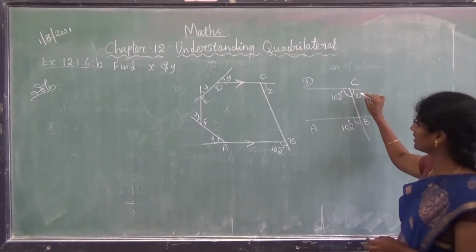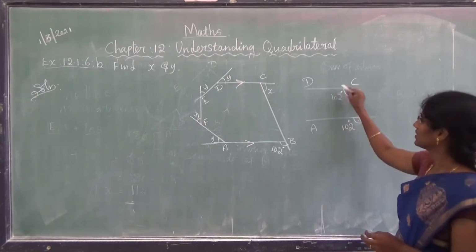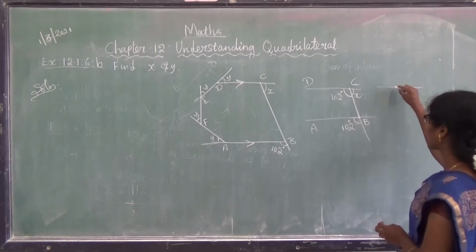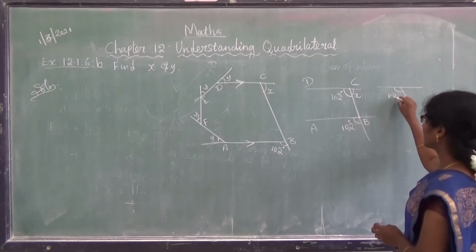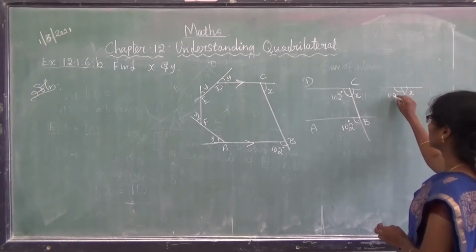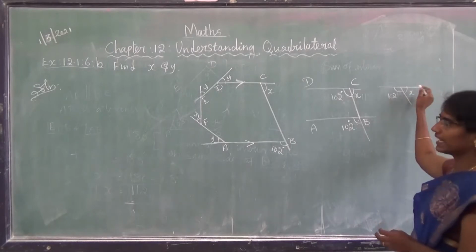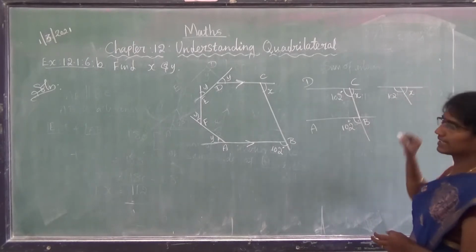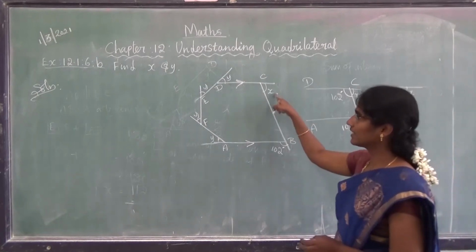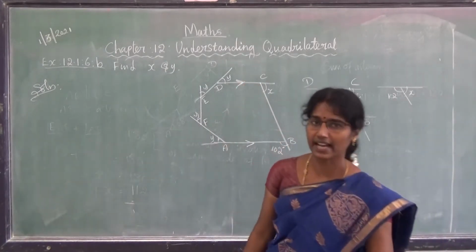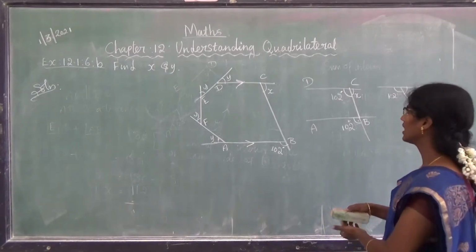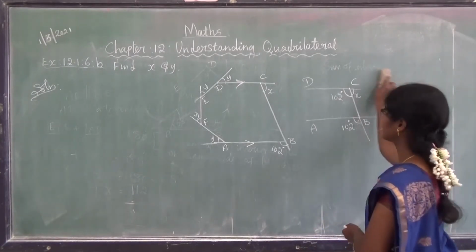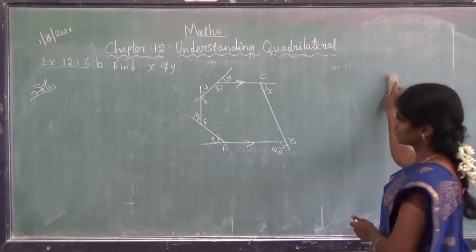Okay. Then we will find this x. How to find the x? This is a linear pair. In that, one angle is 102, so what's the next angle? This is one straight line. So 180 minus 102, if you do, you will get to know what x is. After finding x, we can use the exterior angle property: add all the angles, which is equal to 360 degrees. Okay, shall we do the sum?